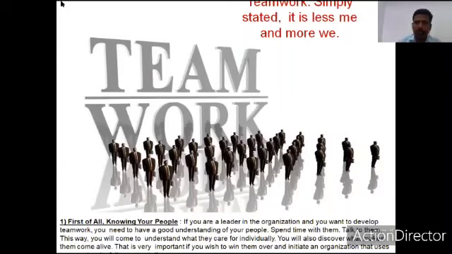The first and foremost aspect, if your group work needs to succeed, is that you need to know your people. Know your people means first you know your own subordinates or group members, who they are, what their qualifications are, what their pluses and minuses are, that is, their strengths and opportunities. Then only can you assign the tasks. If you understand your customer, it's very easy to carry out your further activities well.